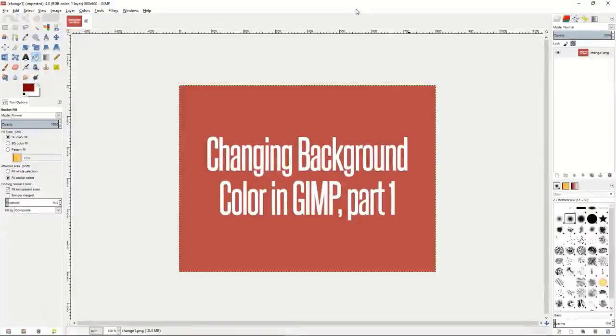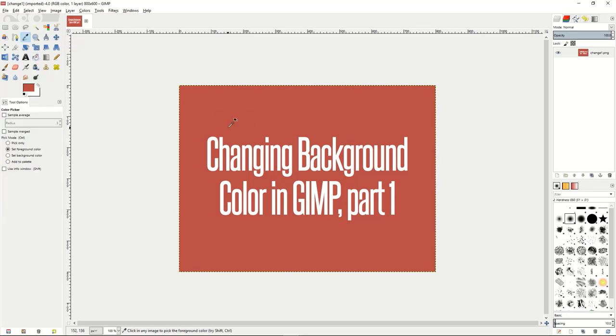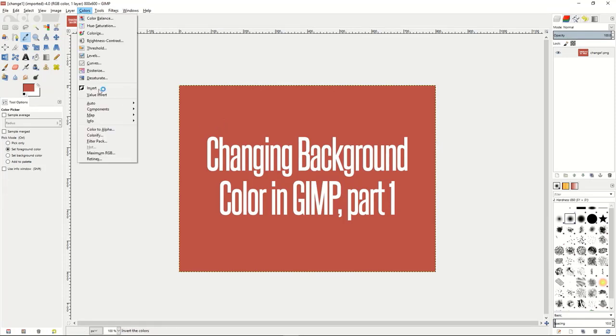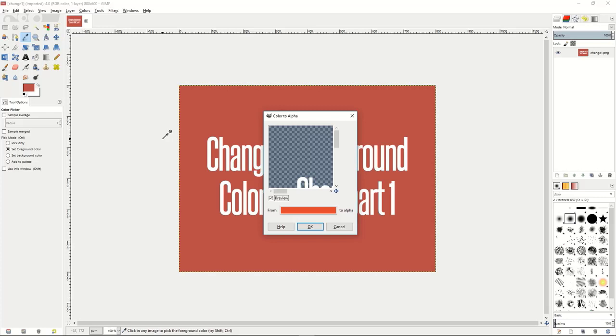Welcome to the next tutorial in GIMP. This is a very quick tutorial, part 1, about changing background color in GIMP. It's actually a very quick way to do this in GIMP, especially if you have an image that already has a background color you'd like to remove. So, the fastest way to change the color in your background is go up to Colors, Color to Alpha, and